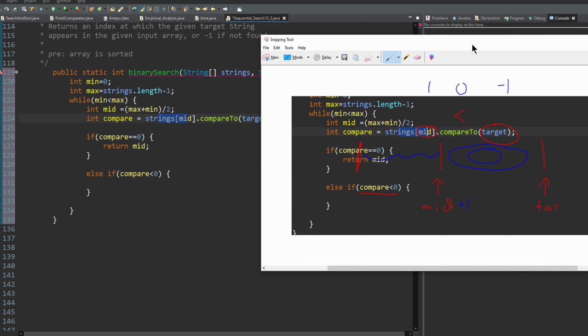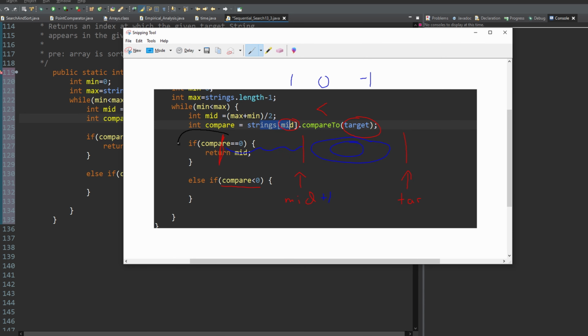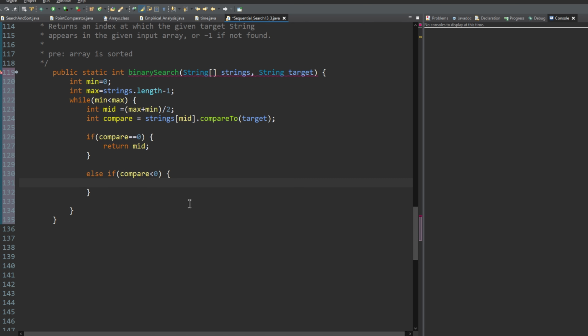It's not mid. It could be mid, but for redundancy, we can get rid of this, because if it were mid, it would be in our else statement, or if statement right here. It would have executed and returned mid. Here, we're going to set our new minimum value to be mid plus 1. And then our last else statement, and although this is an else statement, what this is doing is